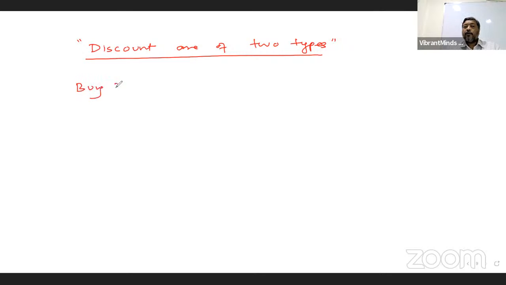कैसा होता है? Buy 3 and get 1 free, इस तरह का. या फिर buy one for 999 and other for ₹1,